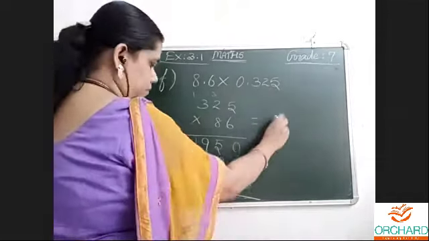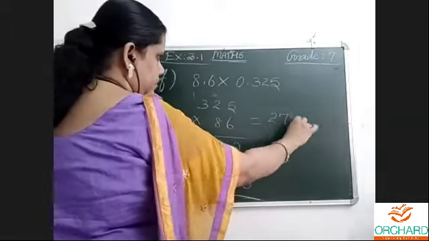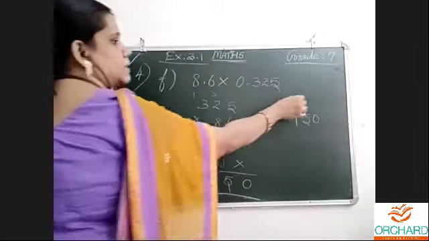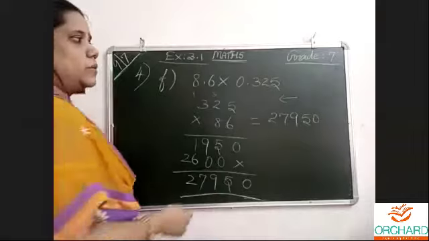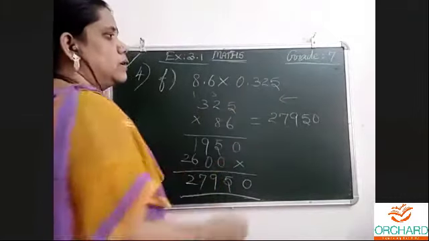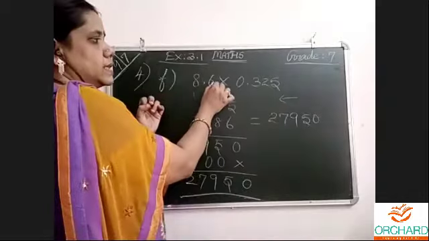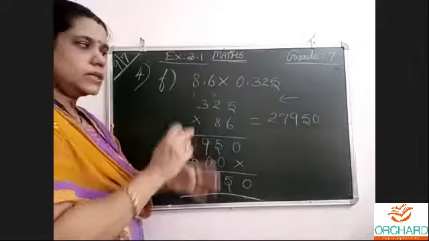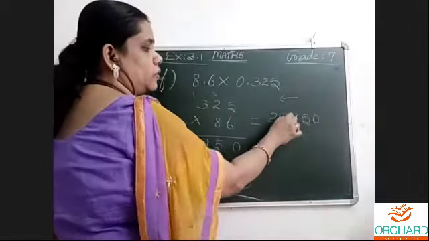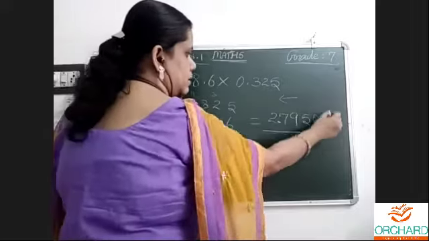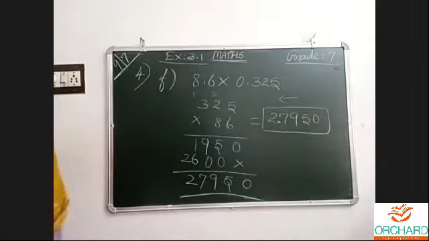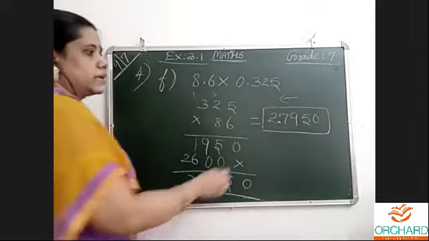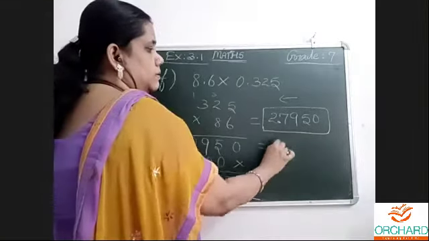27950. Now after writing the number, we should move from the right side corner to the left while keeping the point. 1, 2, 3. 3 numbers. 1 digit is here, before one number, the point. So 3 plus 1, 4. So from the last 1, 2, 3, 4. Before that, the point. 2.79 or 2.7950. The entire number can be given as the answer, or you can write 2 decimals